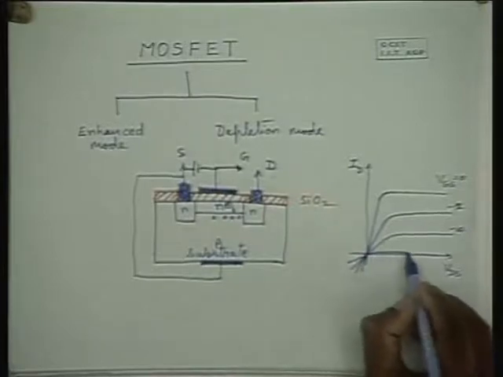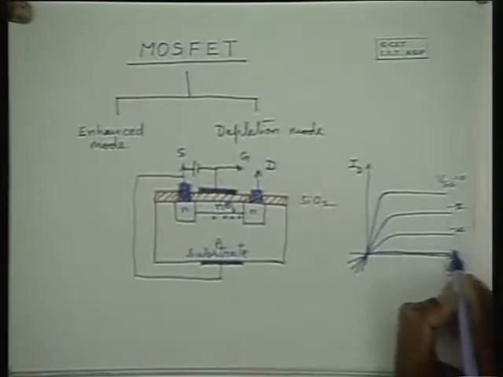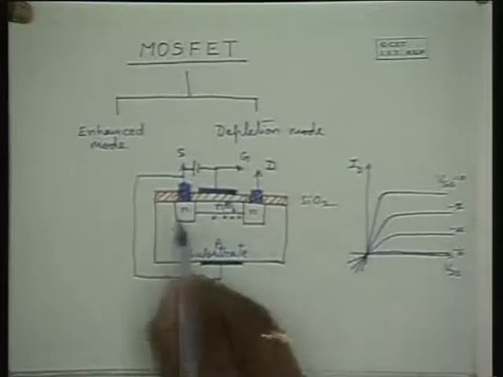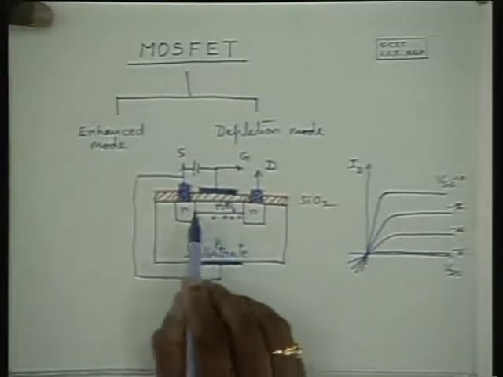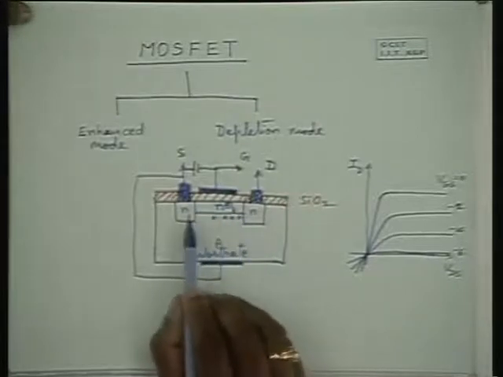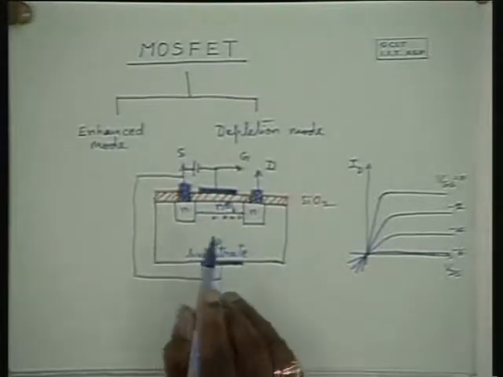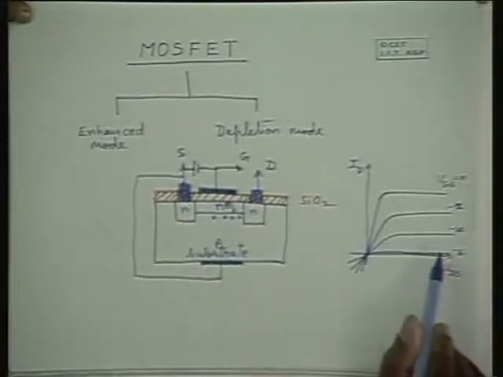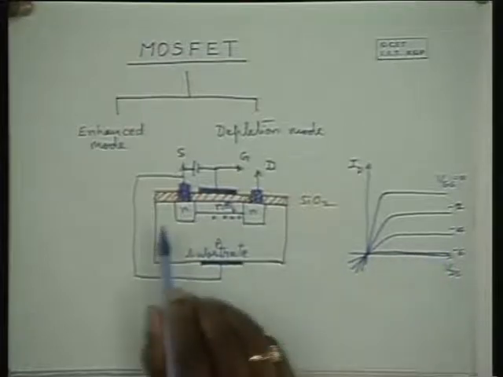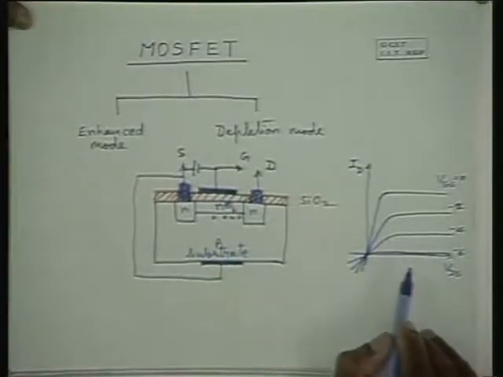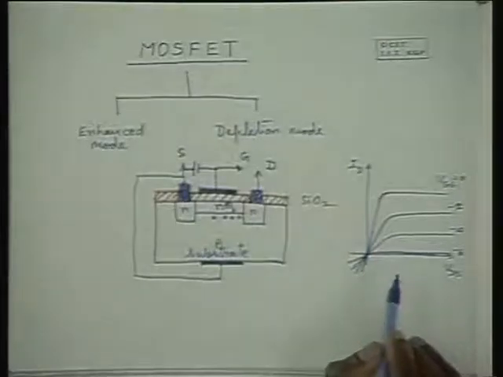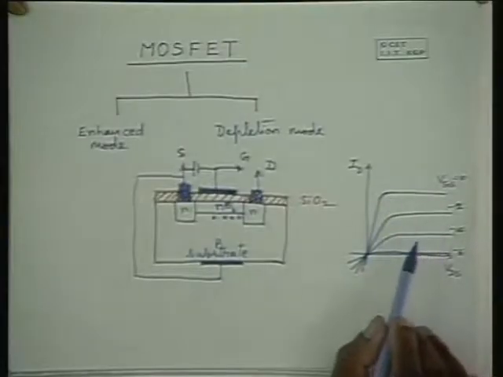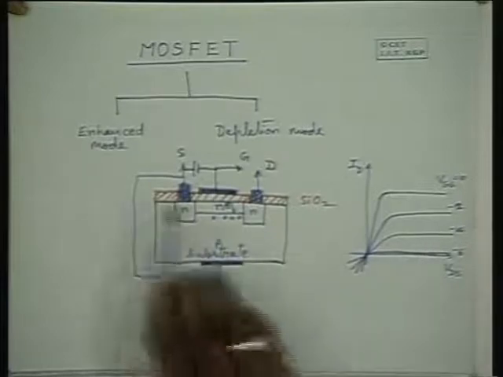And at a certain voltage like, say, minus 6 volts, this N channel is completely depleted of the free electrons, and as a result the N channel resistivity increases, and this N channel resistivity is very high, hence ID is almost 0. ID is almost 0 here. Okay. So please note that the characteristics is similar to that of the JFET.